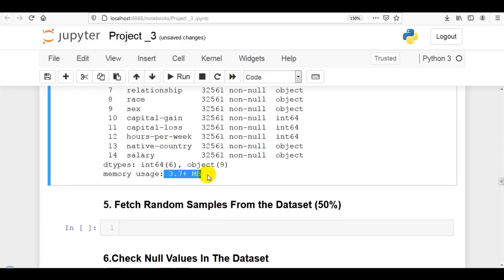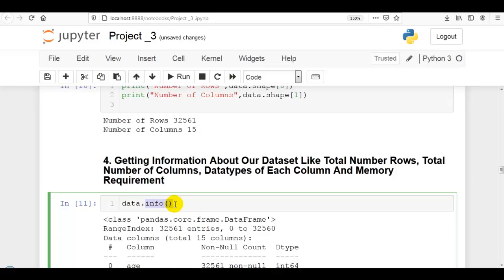And this is the memory requirement for our dataset, 3.7 plus MB. By using this info method, we are able to get the total number of rows, total number of columns, data types of each column, and also memory requirement.